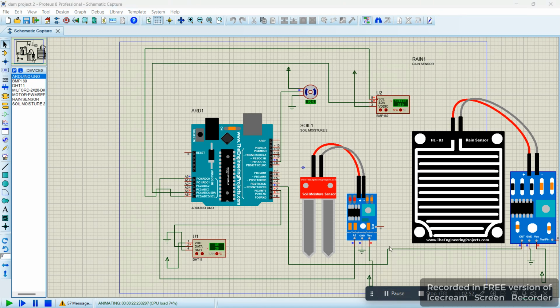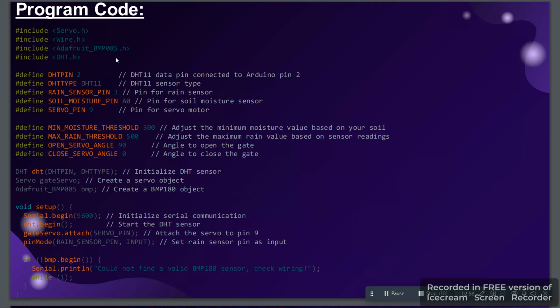Now proceed to the code which is used for this simulation. First of all, we define the pins for the sensors. Like for DHT11, we can fix pin 2. Similarly for rain sensor, soil moisture sensor, and servo pin. Next, we fix the thresholds for the sensors. Now write the conditions for the